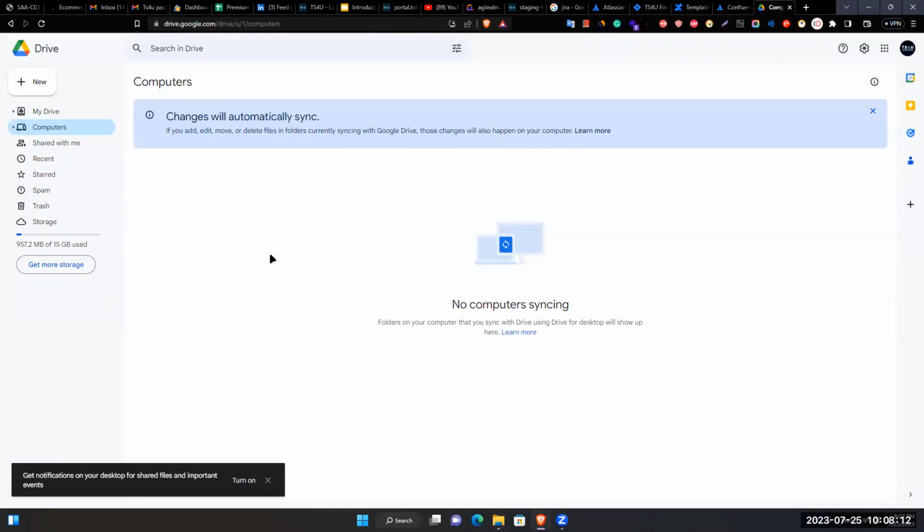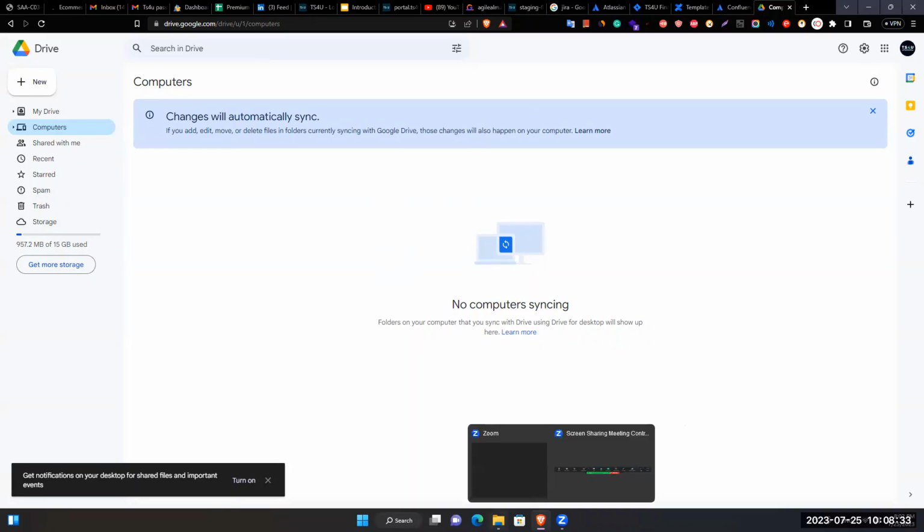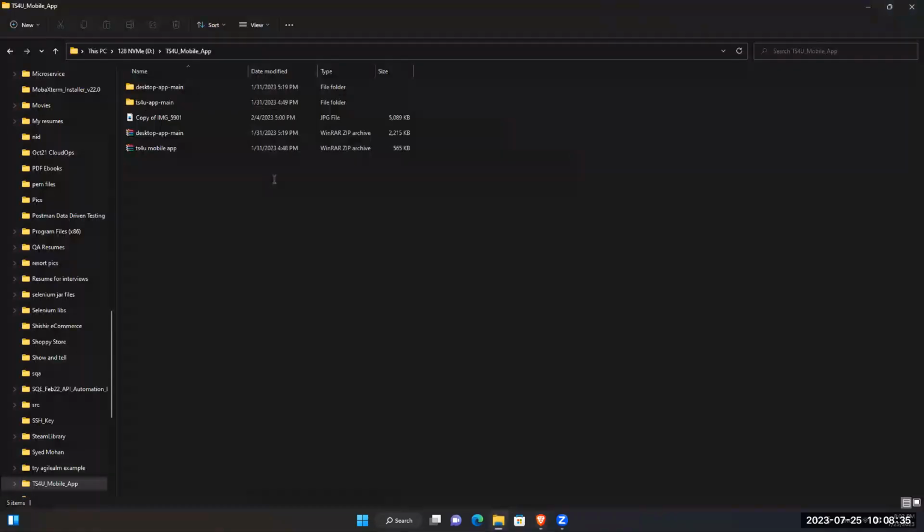Okay, you can do this, but for this you have to download Google Drive, the desktop version. They have the desktop version also. I don't know if you guys know about this. By using the desktop version, you can easily sync your files and folders, so that you don't need to drag and drop every time. You just work on your specific directory which is connected and synced up, and it will be updated automatically.